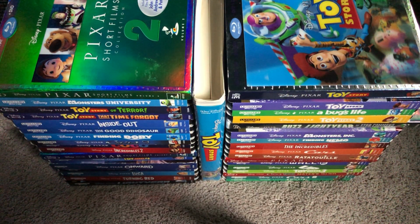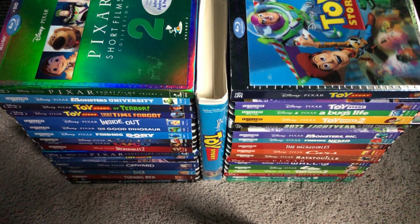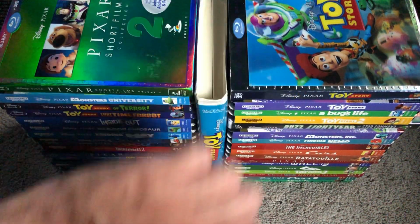Well, it's been 3 years since my last collection of this. Now, it's time to finally do an update. Hey guys, it's Gum here, and we are finally doing the update to the Disney Pixar collection here, which I've